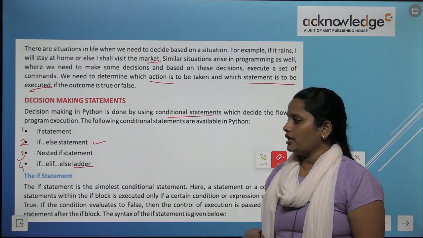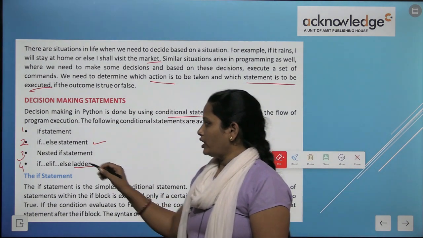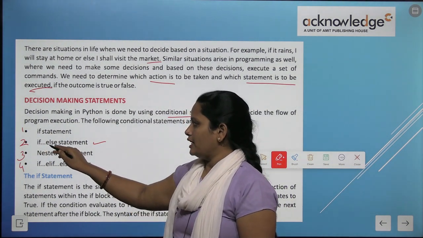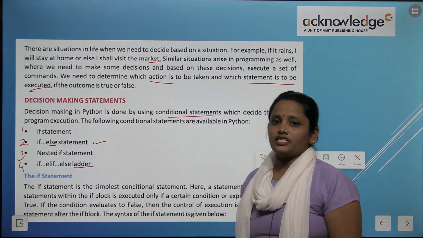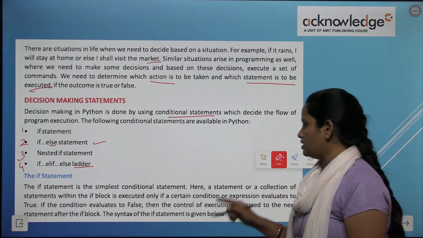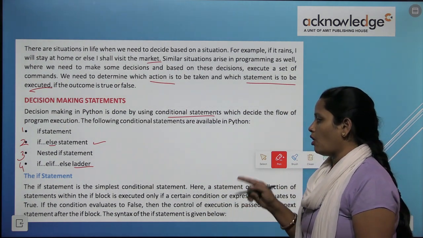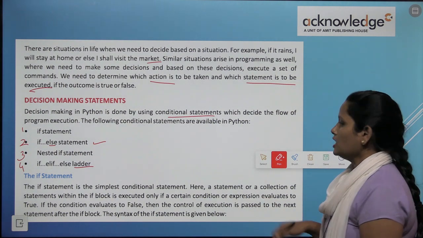First is the if statement. If statement क्या है? You can see the difference here. If and if-else. यहाँ पे else की situation लगेगी but यहाँ पे only if लगेगा. If statement is the simplest conditional statement. Here a statement or a collection of statements within the block is executed only if a certain condition or expression is